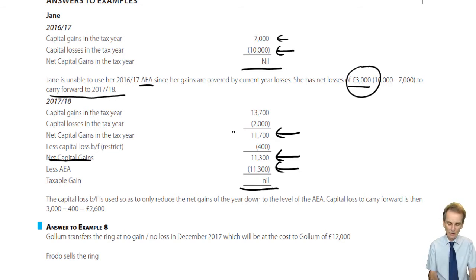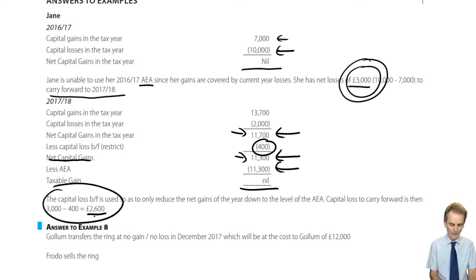So in getting from 11,700 down to 11,300, clearly I only have to use 400 out of the £3,000. So on that basis, therefore, it'll still leave me with £2,600 of the capital loss to continue to be carried